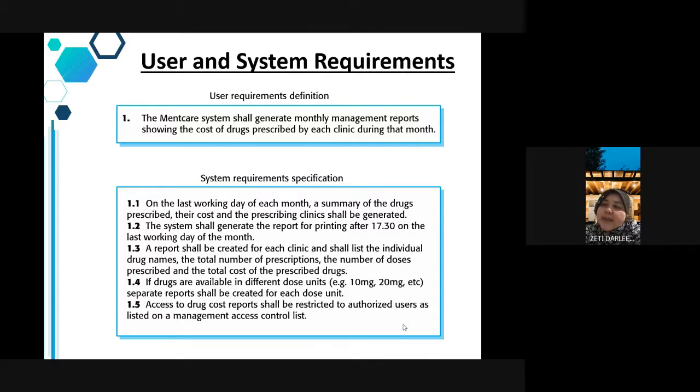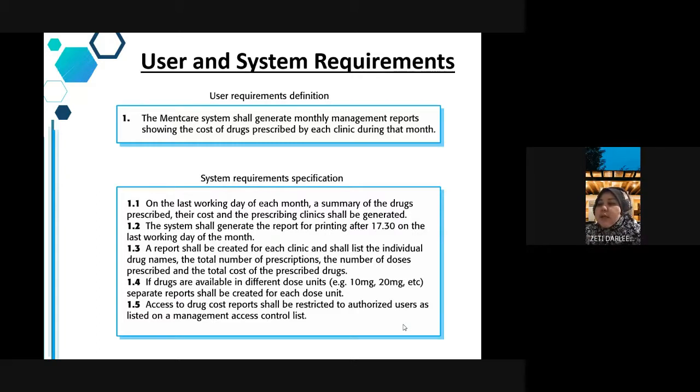But then when we breaking down, dia kena clear. Dia tak boleh ada more than one meaning. So that's why it cannot be ambiguous. Okay, dia kena clear. So we all have the same interpretations of the word ataupun the statement ni. Semua orang mempunyai pemahaman yang sama. Then we can say it's clear. Yeah. And then dia kata if drugs are available in different dose, stated berapa skala ataupun the unit measurement yang kita gunakan untuk describing each of the items